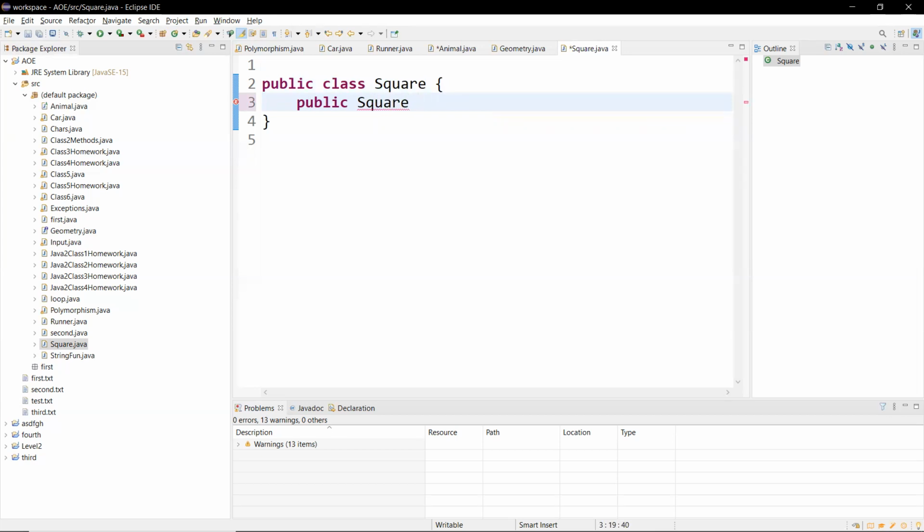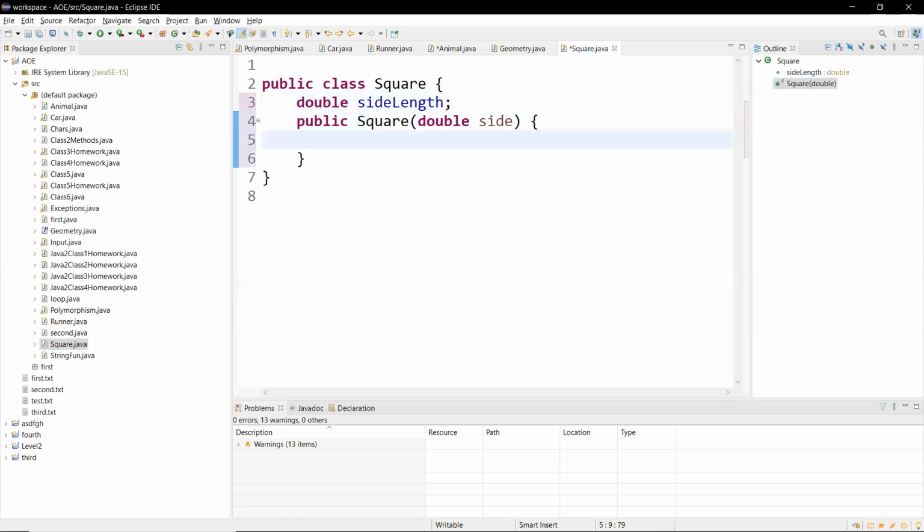I can type, and it's going to take in a double side. As a field, I'm going to have a double side length. All this is doing is storing whatever I pass into the constructor into the field. Okay. And now if I add implements Geometry,